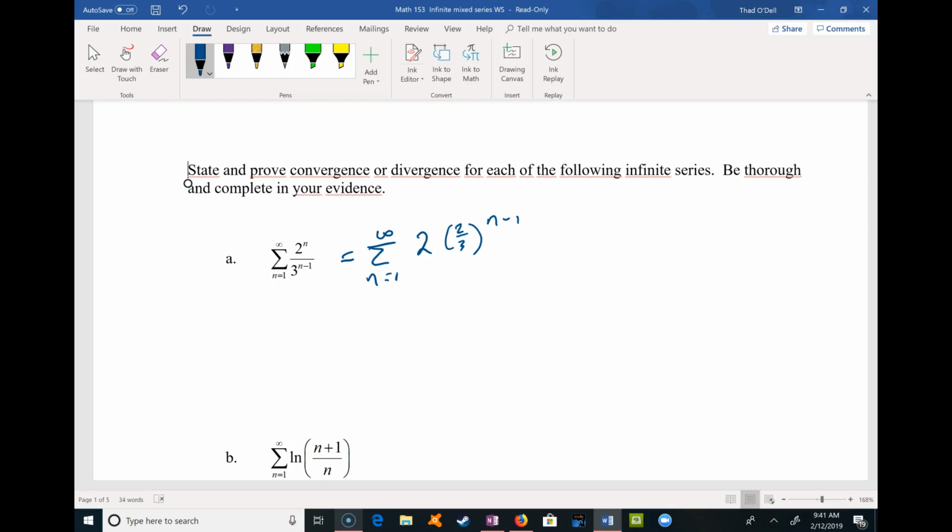We can see that that is a geometric series, and the ratio is less than 1, so we'd say geometric series with r less than 1, therefore it converges. Okay, so